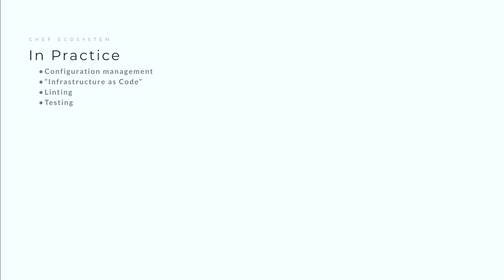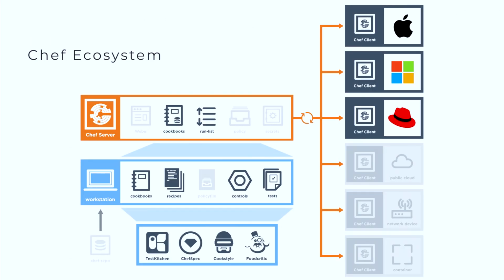Cool. So I'm going to hop back real quick because I like this. All of the things that Moon was talking about are illustrated in some way or another on this. You can see the cookbooks that live on the workstation, the recipes within the cookbooks, and tests, and the controls within the tests. And then below that is a subset of icons: Test Kitchen, InSpec, RuboCop or Cookstyle, and Foodcritic, which we're going to talk about, and that's more about the Chef testing environment. Within this workstation environment, which is blue, that's all of the local development as far as the cookbooks go. So things that you would be doing on your machine: writing, linting, testing. And then above that, like Moon said, is the Chef server, where you'll send the cookbooks up, and then from there they get distributed out to the